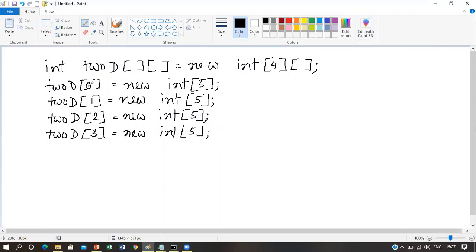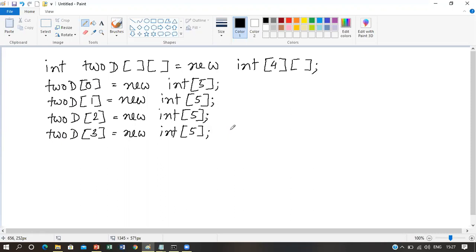So for the 0th row, there will be 5 columns. For the first row, there will be 5 columns. For the second row, there will still be 5 columns. And for the third row, there will still be 5 columns. So for all the rows, we will have 5 columns in this array. Then only this will be a 4 cross 5 matrix.